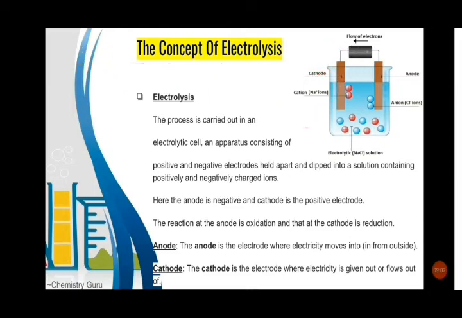Okay, so this would be the overall reaction. Just combine the first two reactions, you will get this reaction. This is the overall reaction. So these are the chemical reactions which are involved in the electrolysis process, and this is the complete electrolysis process. You need to understand how reactions are happening at anode and at cathode, and how the complete flow of electrons is there, from where the electricity is going in and from where the electricity is coming out. So these are a few basic important things, right?